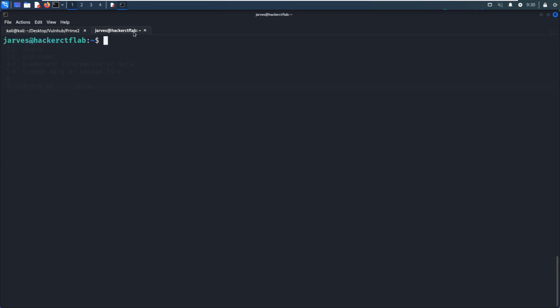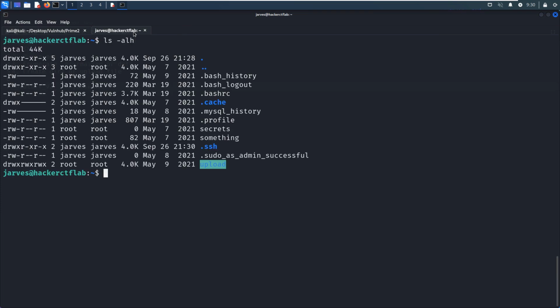Okay, it does work. So now, what can we do next? Our objective here is to do some local enumeration to elevate privilege to the root user. And to do local enumeration, in many cases, we need to combine both manual enumeration and automatic enumeration.